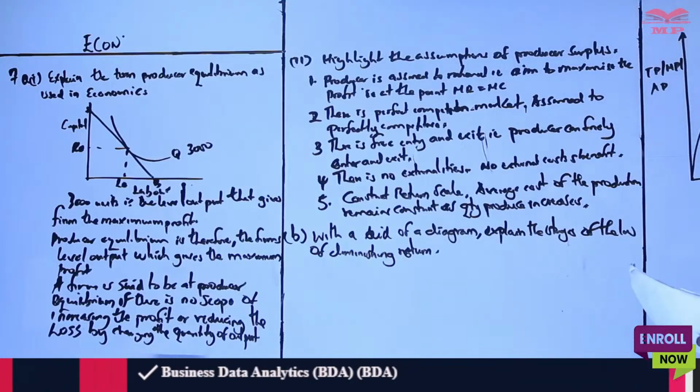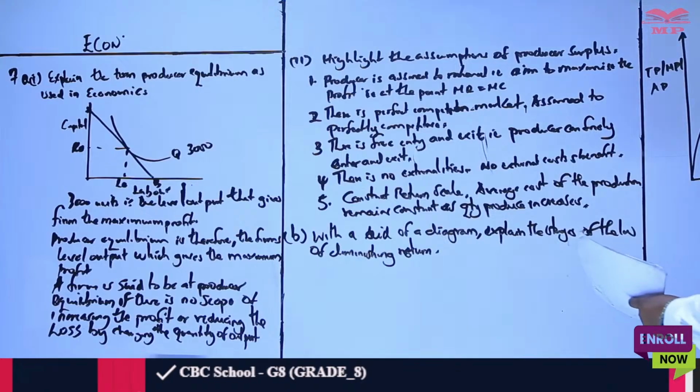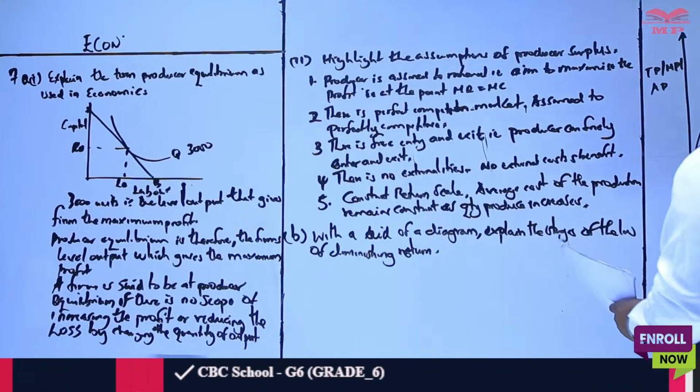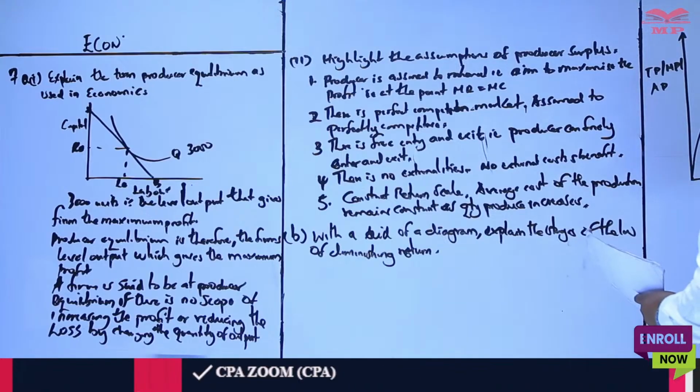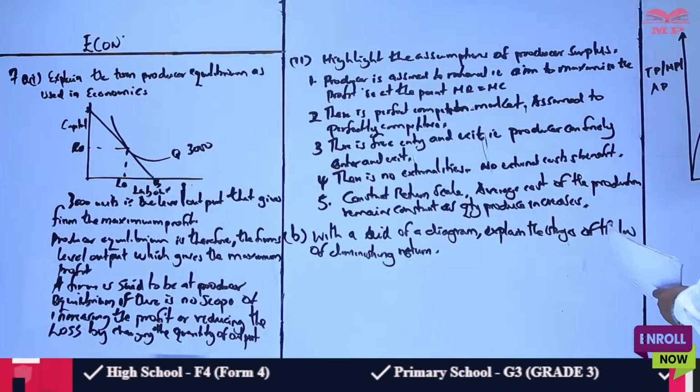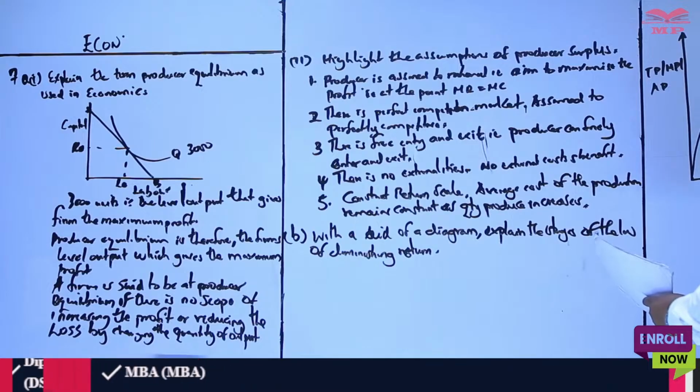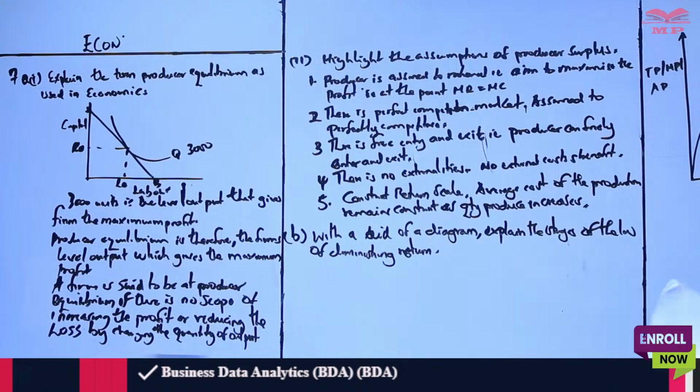So we have what you call stage 1, we have stage 2, and finally we have stage 3 on this other end. This is stage 1, this is stage 2, and this is stage 3. So basically, when you talk about the law of variable proportion, the diagram is this, and the diagram is basically